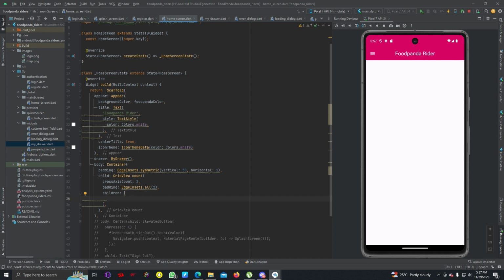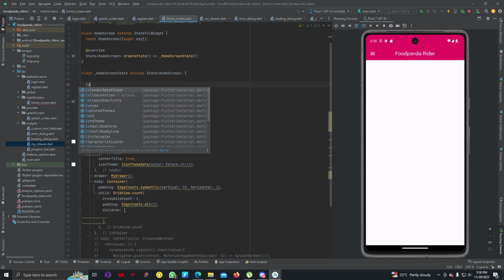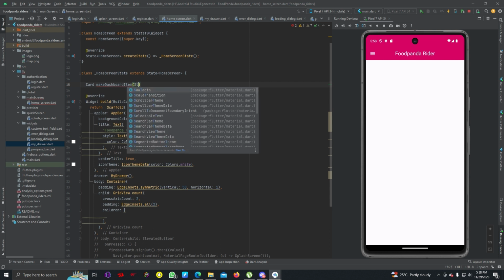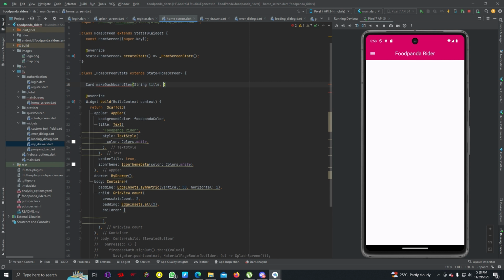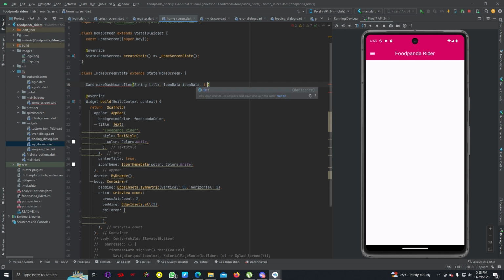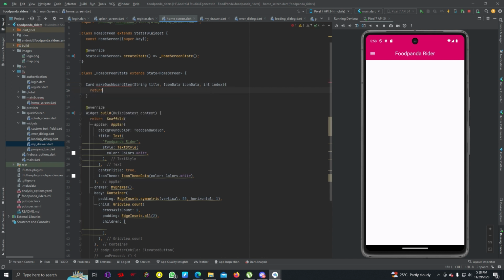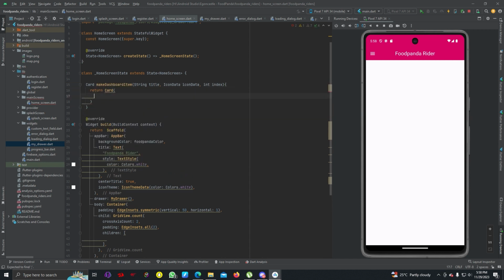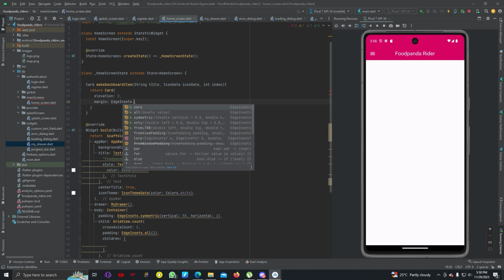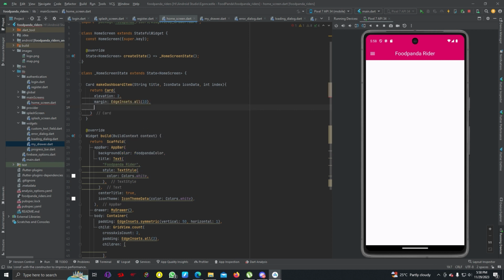So let me create a new function called Card makeDashboardItem, String title, IconData, int index, return Card, elevation to 2, margin EdgeInsets.all 10, child,